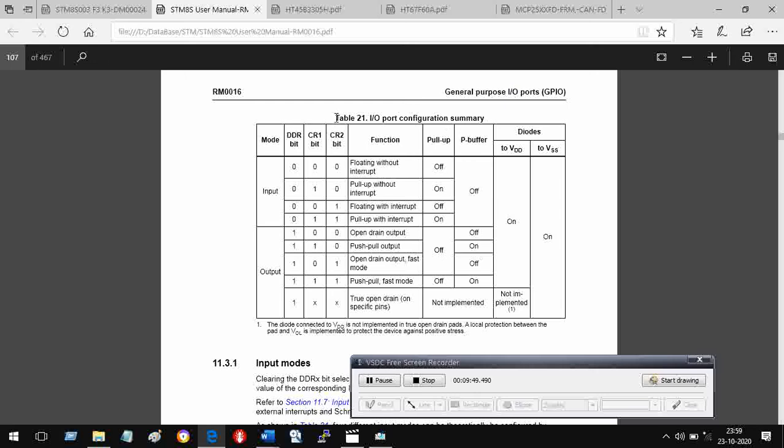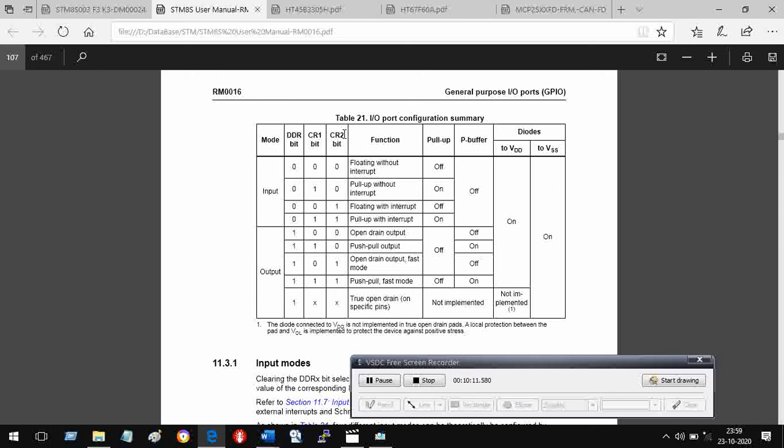This is page 107 of the document I mentioned in the beginning. Now you want to configure a particular pin of a particular port. So for every port, you have a DDR register, a CR1 register, and a CR2 register.